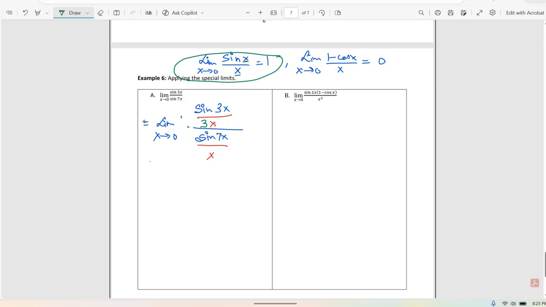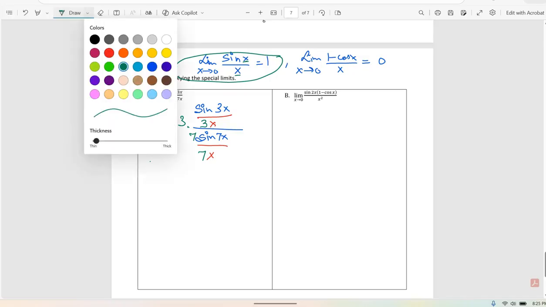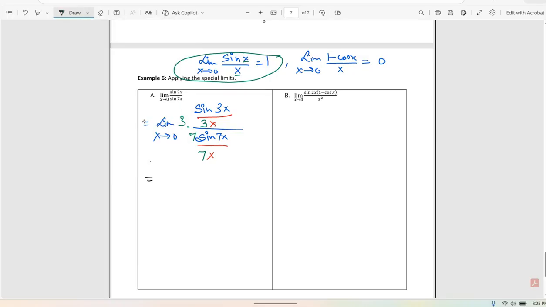I need to multiply it by 3 here. That 3 will cancel. Okay. Similarly, it should be 7 here and 7 here. That will cancel here. So what we are saying is that this limit can be written as 3 by 7, that's